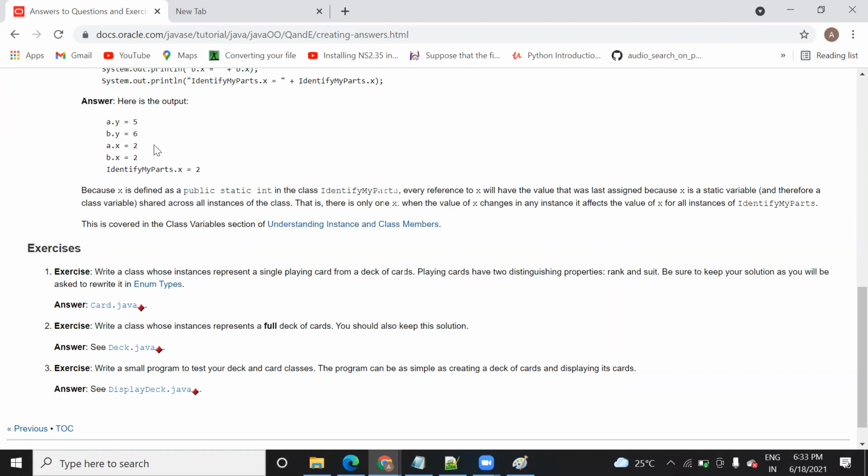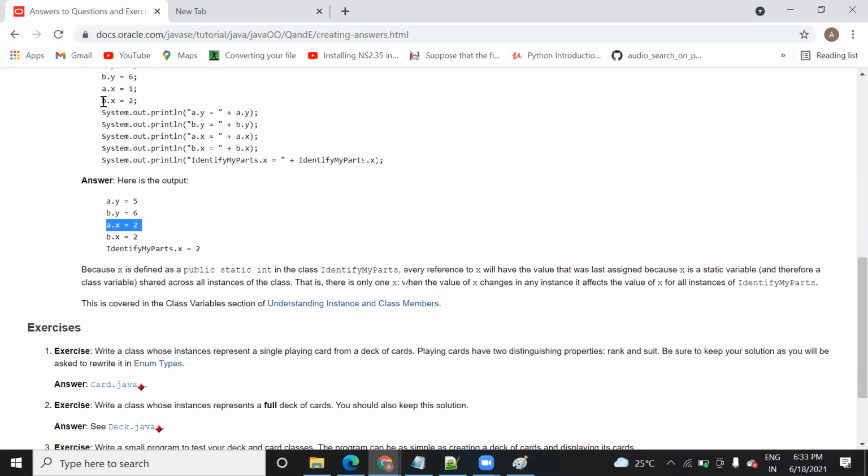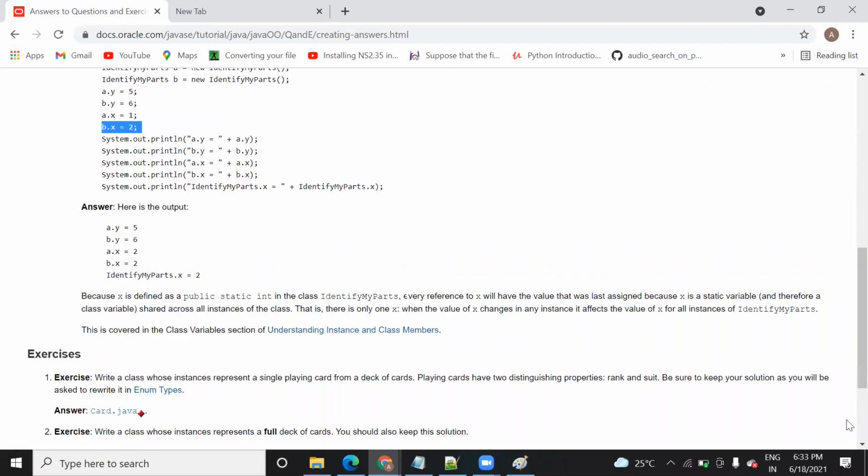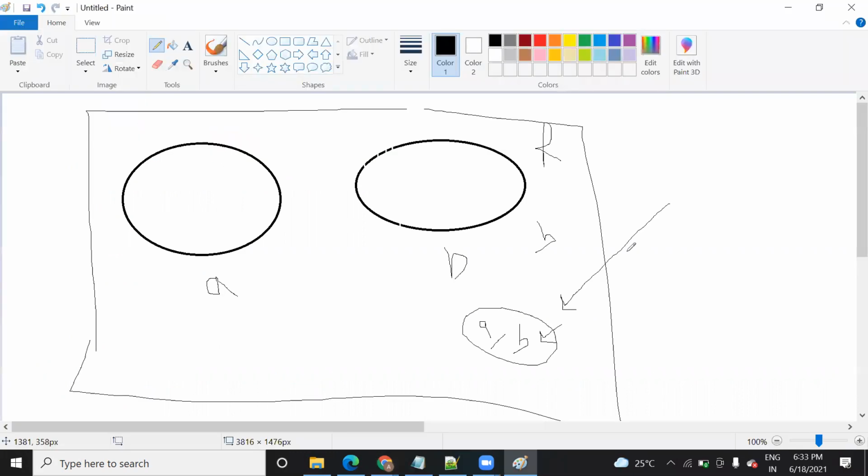So now if you want to reassign, suppose here a.x is 2. And why is it coming like that? Because you have declared this x as a static variable. You can see x is a static variable. So here you are assigning this x variable the value 2. When you assign this static variable, reinitialize it, they will access the same memory reference. So if you access the same memory reference, you will get the latest value of that particular variable. Are you getting what I'm saying?